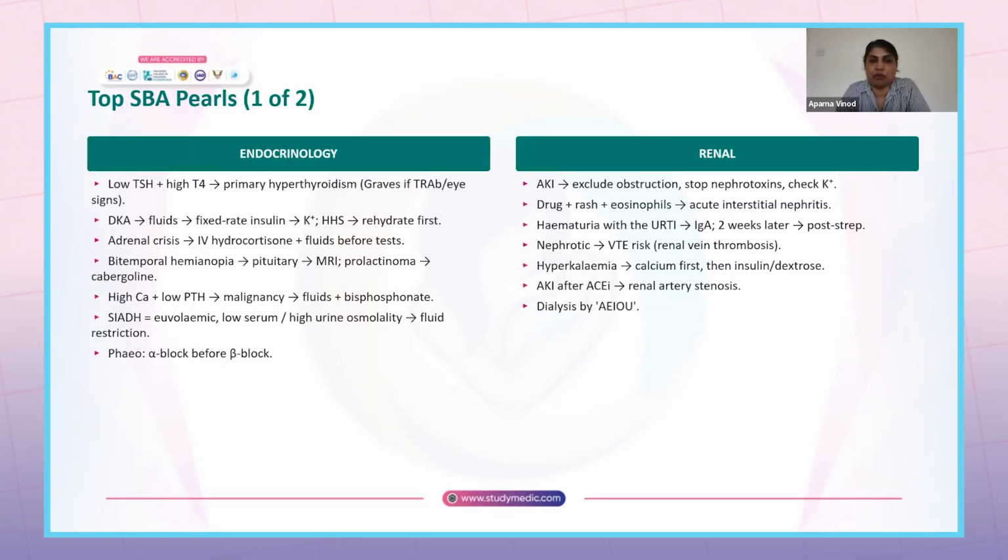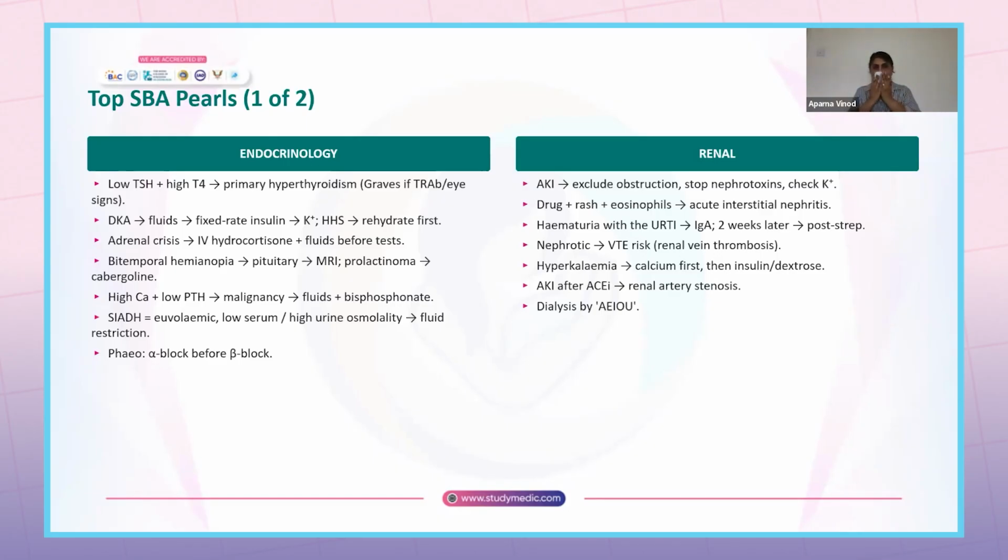Some single best answer pearls. In endocrinology, when there is a low TSH and high T4, it is primary hyperthyroidism. Gland is functioning well and there is negative feedback. Okay, it's seen in Graves' disease, especially if TRAB is positive along with eye signs. In diabetic ketoacidosis, you have to give fluids, fixed rate insulin, monitor potassium. Okay, it can cause